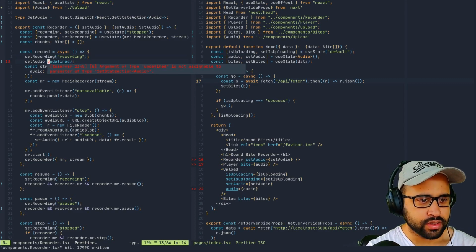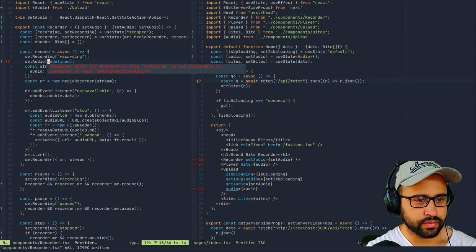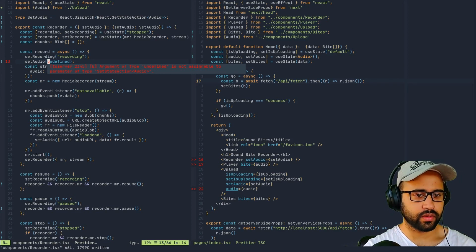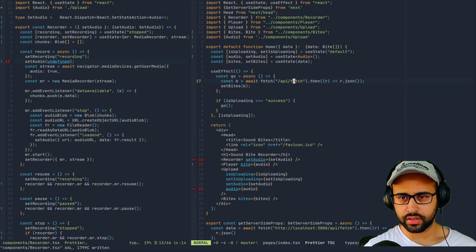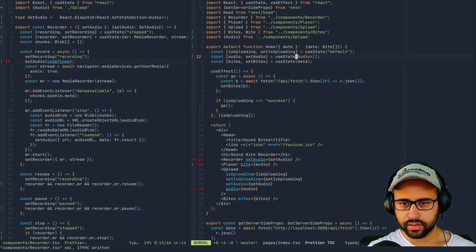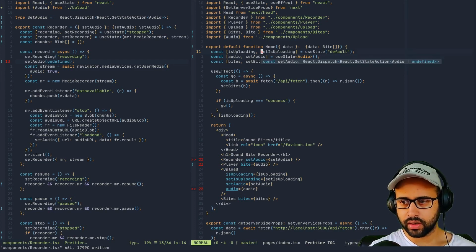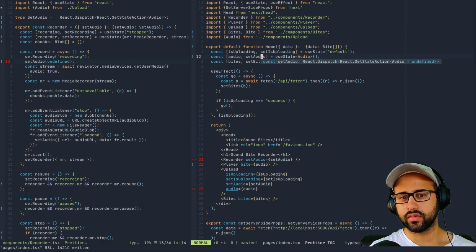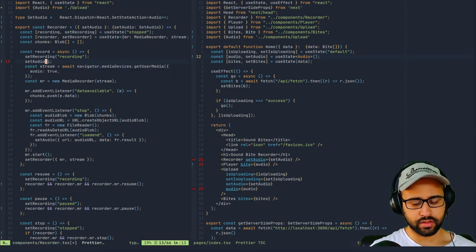Argument of undefined is not assignable to set state audio. Okay, can't we just change the, isn't the type allowing null anymore? Undefined is allowed, right? So we can set the state to, how about I just remove it, and yeah, no,